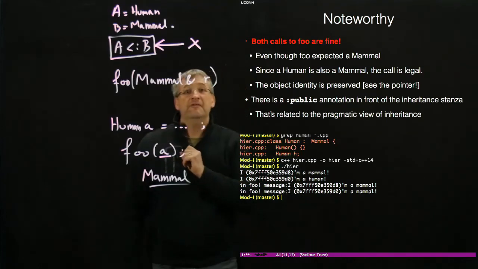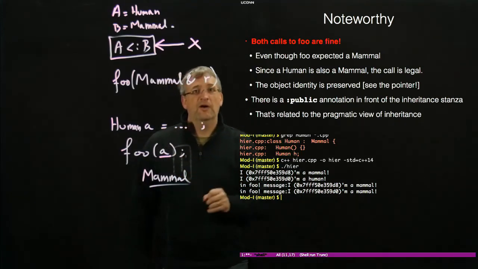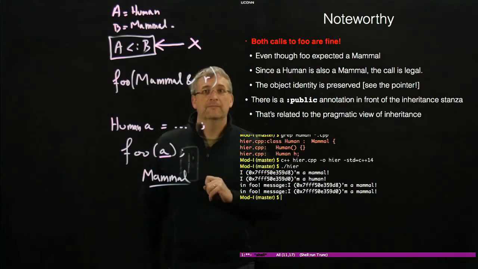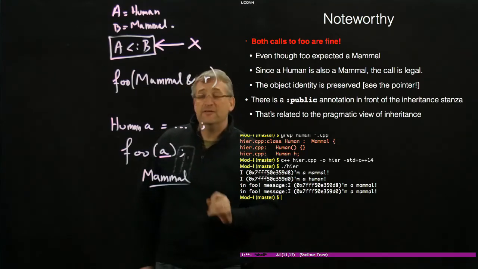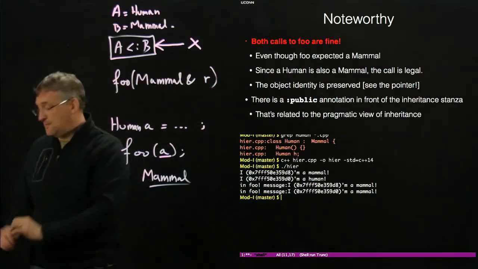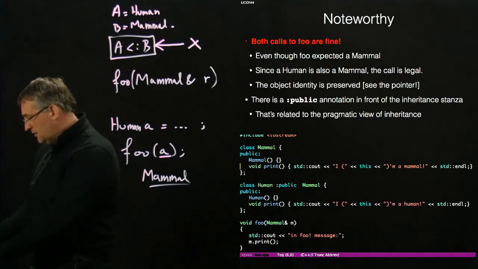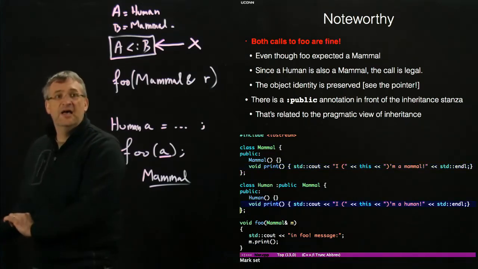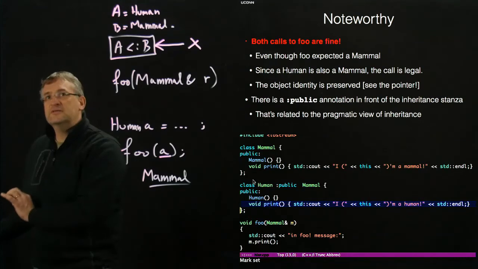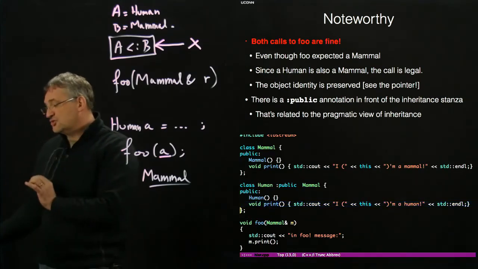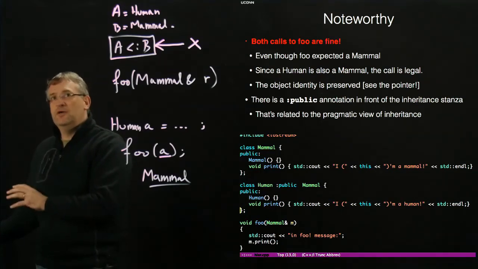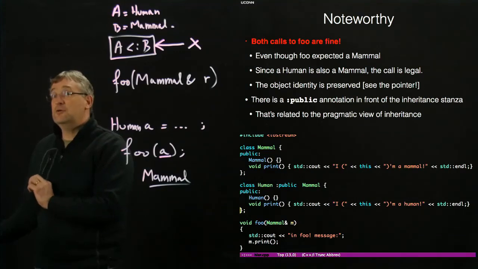That is, even though subsumption works, when I invoked the method, I ended up having the method of the mammal being called, not the method of the human. Remember what's going on in this method? The print of the mammal says I'm a mammal. The print of the human says I'm a human. So the printouts are different. And here in foo, when I saw this guy, this human, when I saw him as a mammal, I was